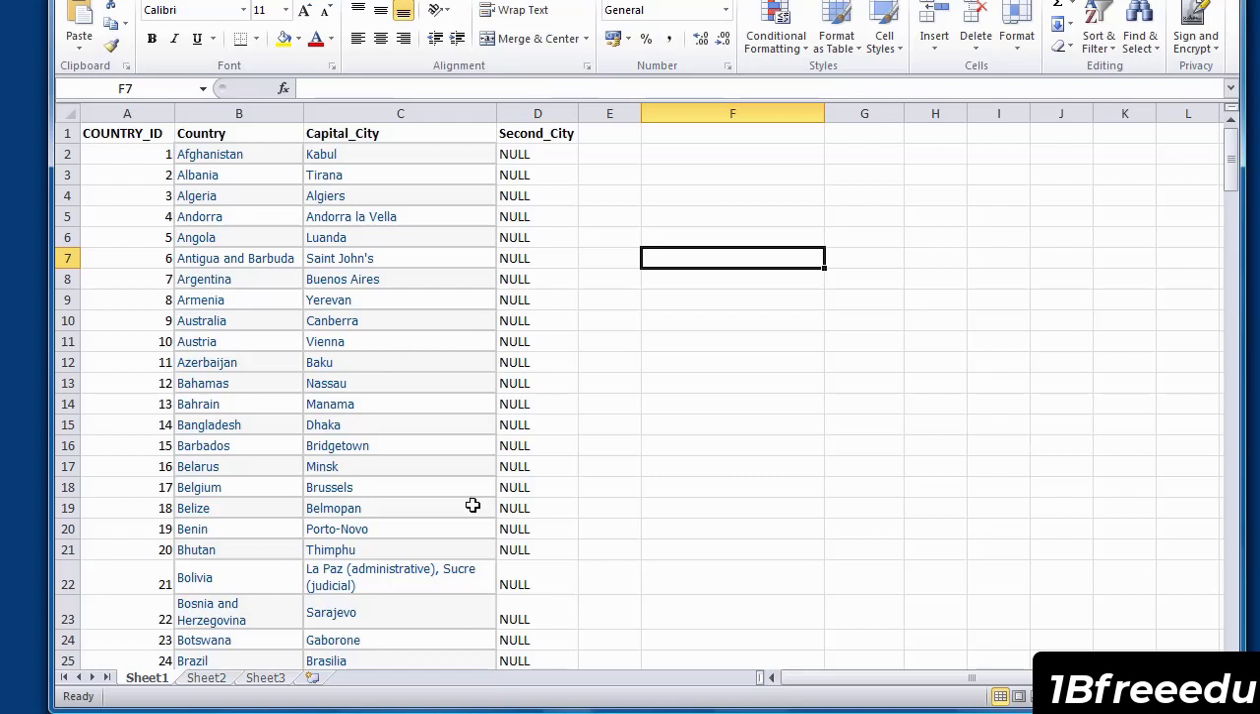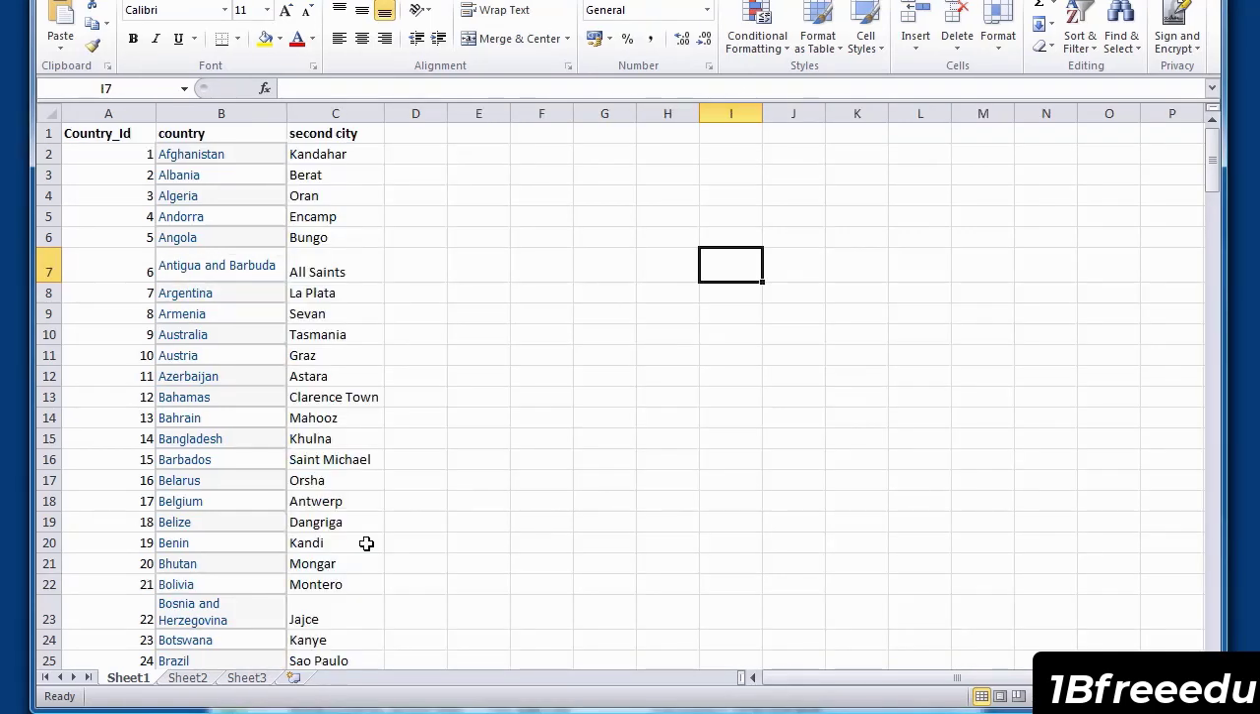So this is the first spreadsheet. Let's have a look at the second. It's almost identical. It's just that the second city part is populated slightly. Let's have a look at the other table. So this is the second spreadsheet. We will be using this spreadsheet to build and update bulk SQL queries to update the data in the table. So it's identical to the first